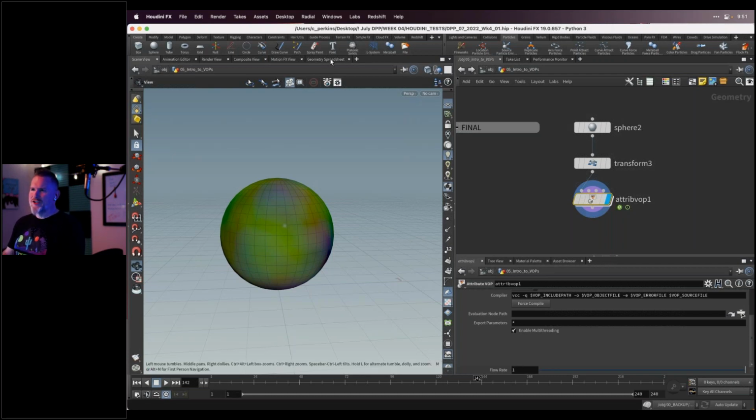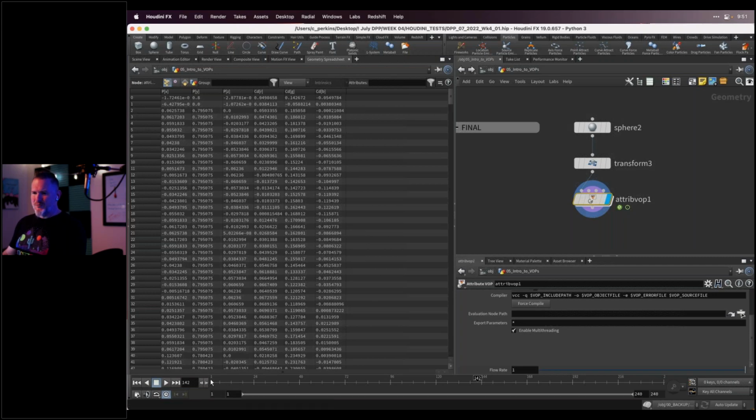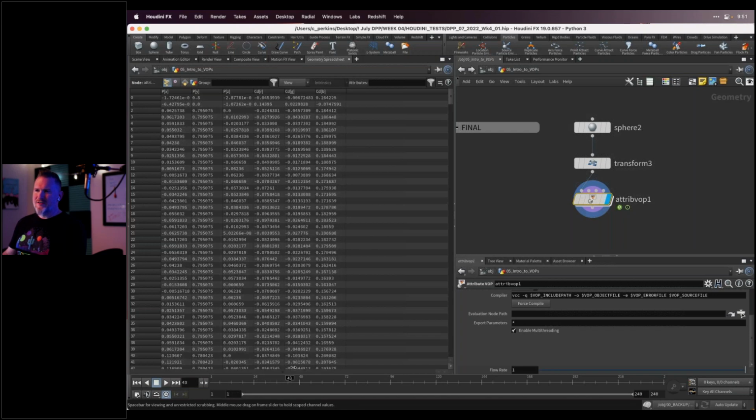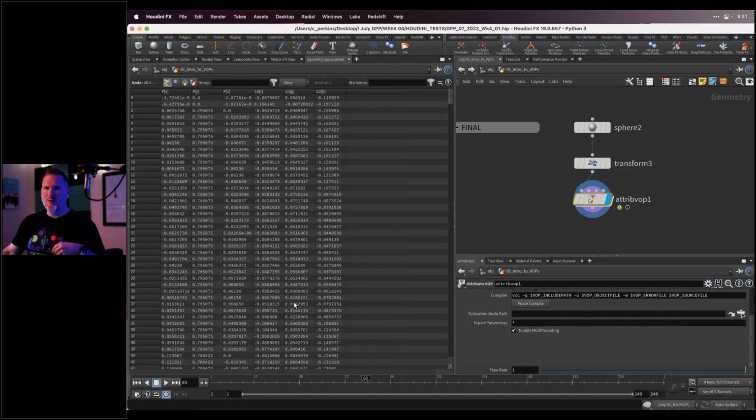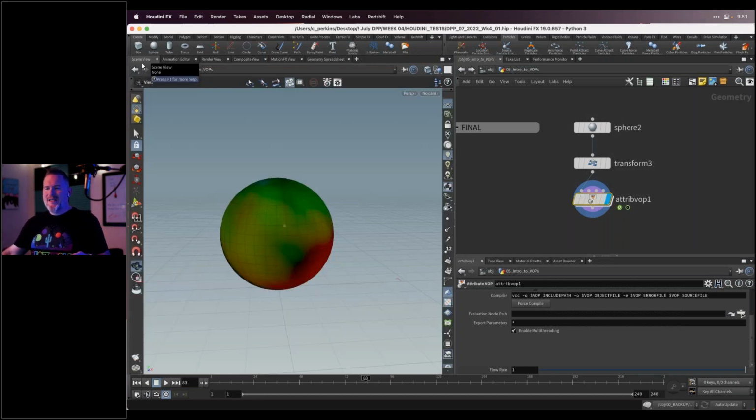So now if we go to the geometry spreadsheet and we move this in time, look at those CDR, those RGB values. Look at those values. They're moving all over the place. This is data that we can use. Do we want this color? No, of course we don't. This is disgusting. We don't care about this color. But because we are using this noise map to create these shapes and patterns, we could then use this data to do other things.